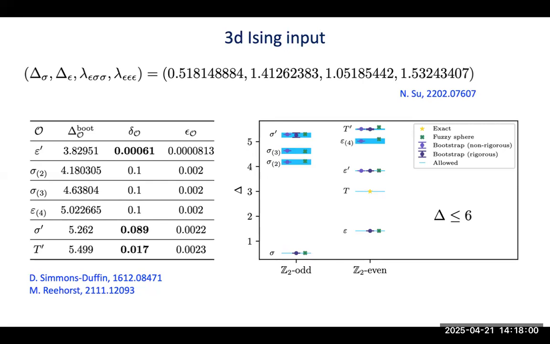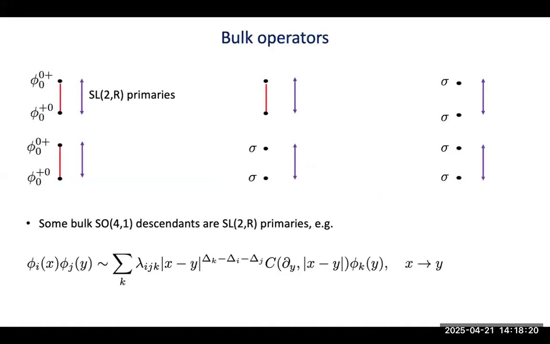Usually you need gap assumption to get a finite window for your boundary. Yeah, absolutely. So here, I don't know how sensitive we are to the high dimension ones in particular, but you can start dropping them later on. Okay. All right. So like I said, some of these operators fuse into bulk operators, and we organize